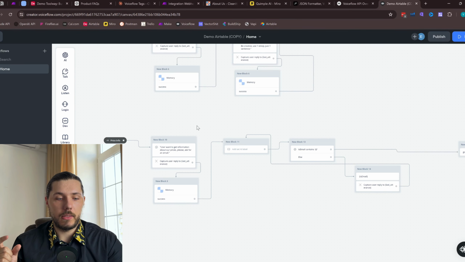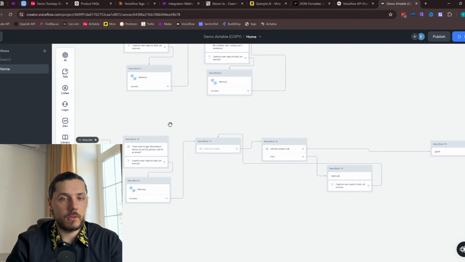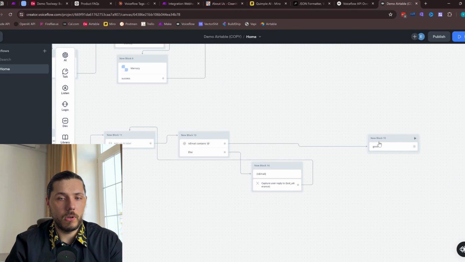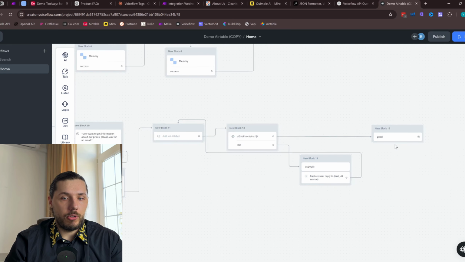And if you can get these identifiers and send the API request to this ERP using these identifiers, it will be much easier for you. Now let's say we have the email and the email is saved in the is email variable. Now we need to send an